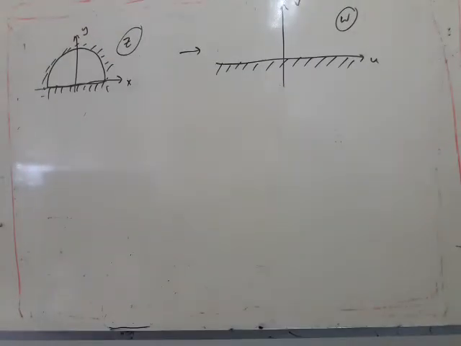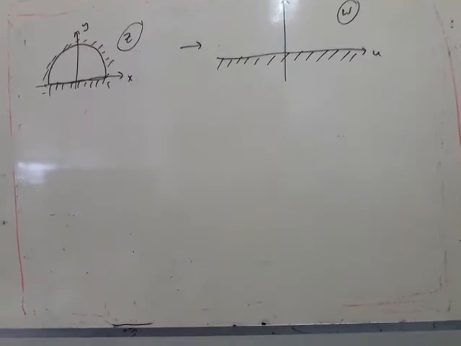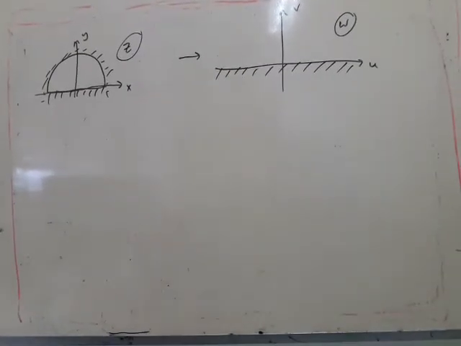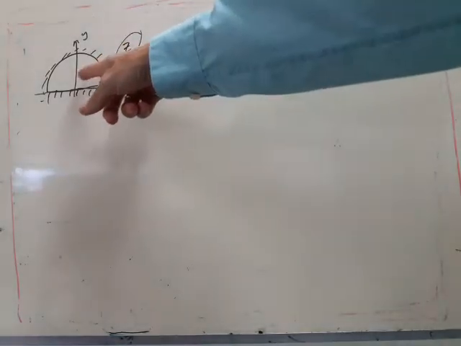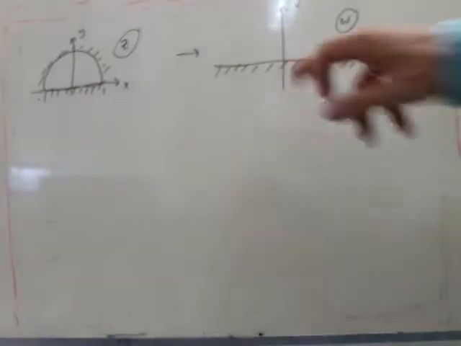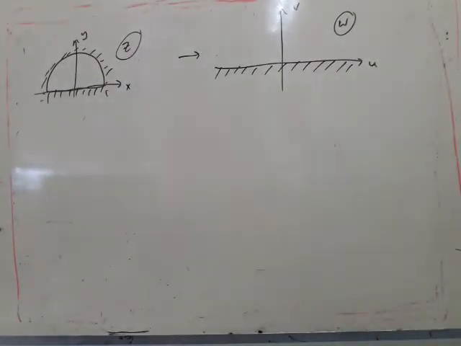So in this example, we want to map the semicircle of radius 1 to the upper half of the W plane. Okay, so we've actually already done an example where we mapped